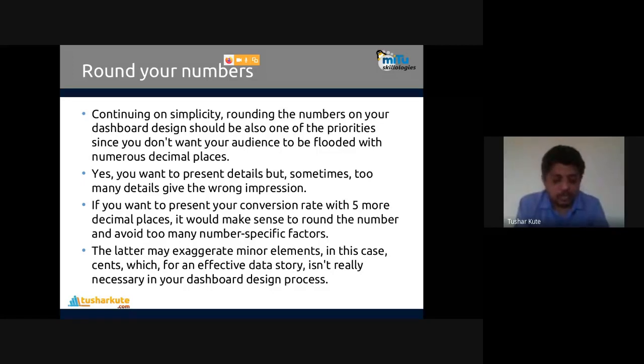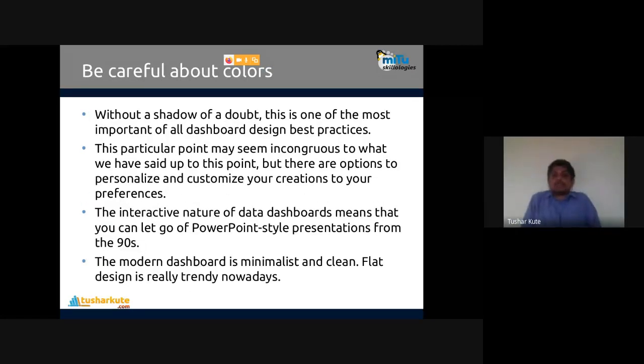Okay, professional design, when you require it, these are the things you need to keep in mind. The latter may exaggerate minor elements, in this case, whereas an effective data story isn't necessarily a dashboard design process. So next, be careful about colors. Most of the time, you may know that a company is recognized by its colors.